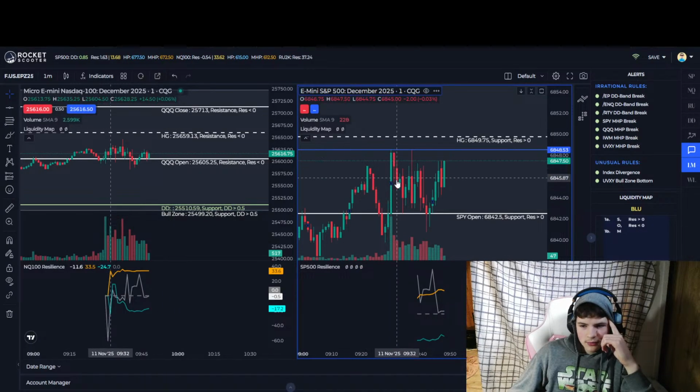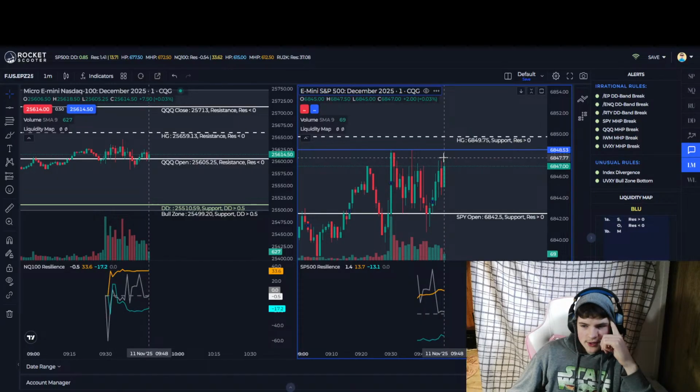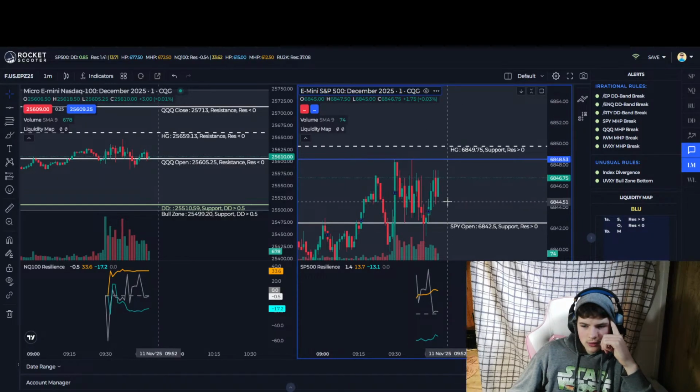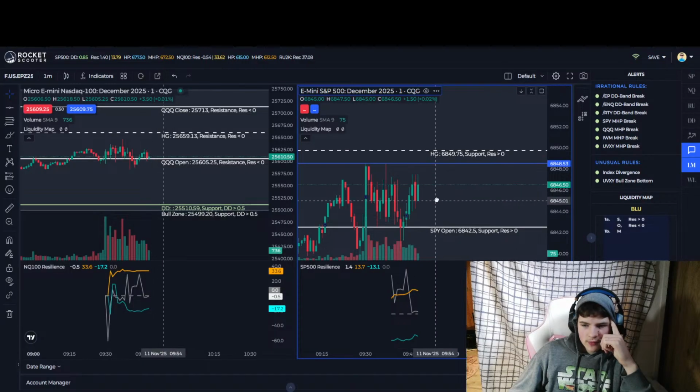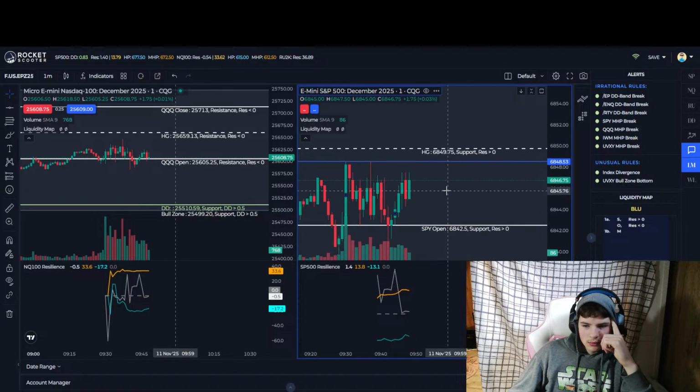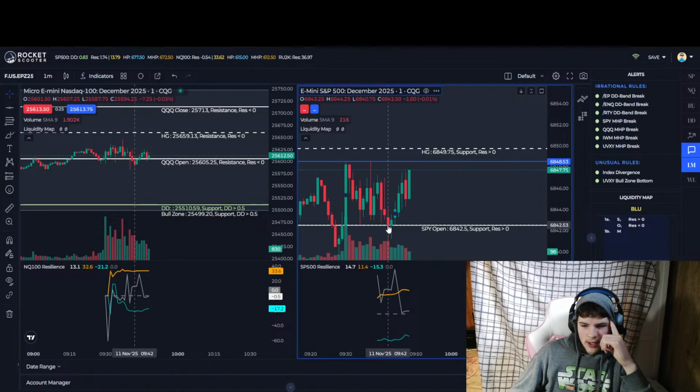Hit, fail, hit, fail. Trying to sell, fail. Let's see if it'll do it again. You probably could scalp this if you wanted. Sell here, sell here, sell here, buy, buy.